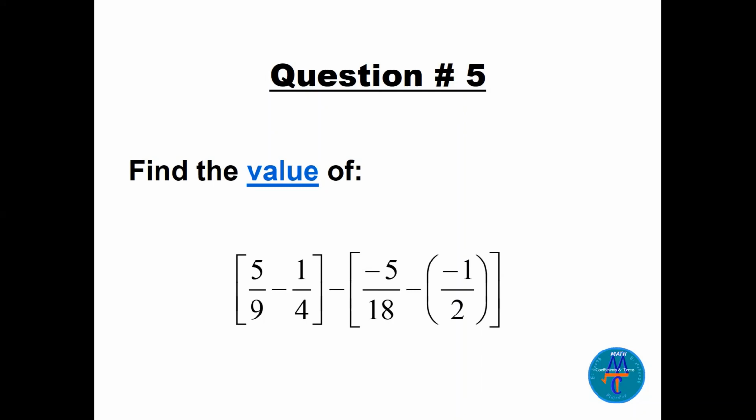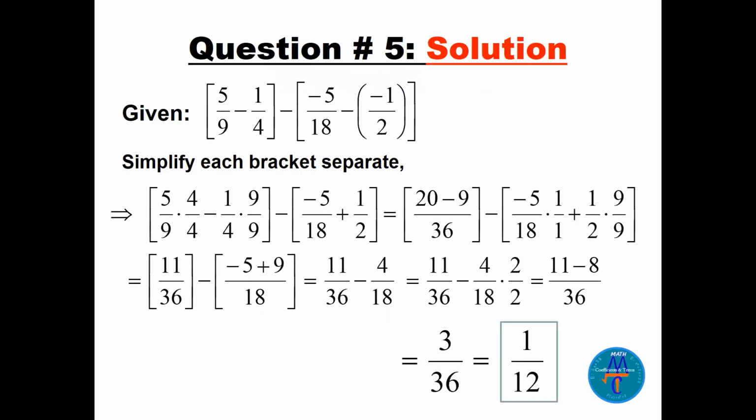Okay, I think you finished now. Let's see. The value 1 over 12 is the answer. If you get it, then you are excellent. See, the first one, 9 and 4, I multiply by 4 and 9 here to make 36, the LCD. You see, I have minus and minus, minus, minus half, this is plus half. So inside the 36,